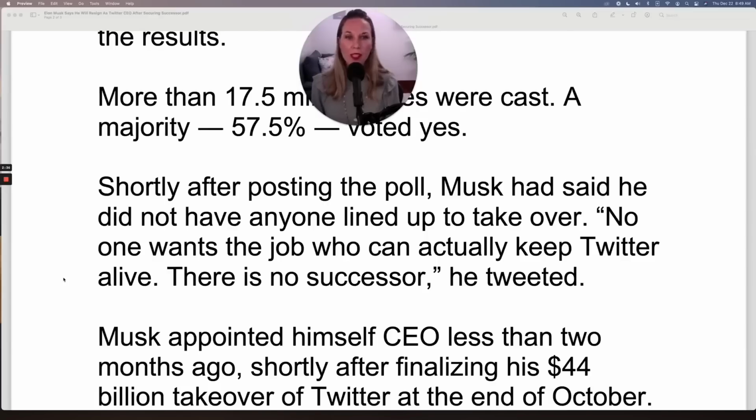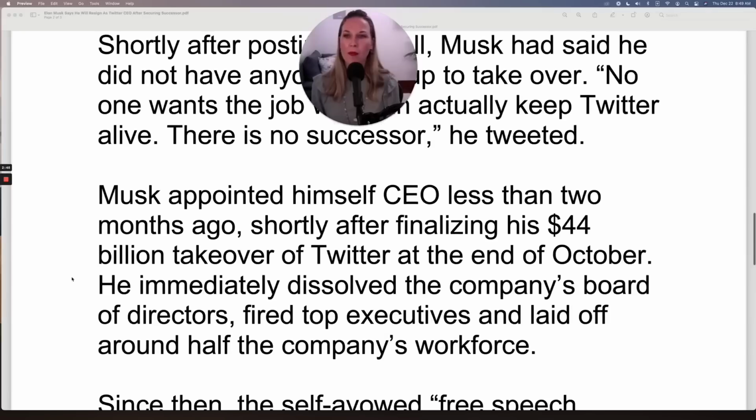Shortly after posting the poll, Musk had said he did not have anyone lined up to take over. No one wants the job who can actually keep Twitter alive. There is no successor, he tweeted. Musk appointed himself CEO less than 2 months ago, shortly after finalizing his $44 billion takeover of Twitter at the